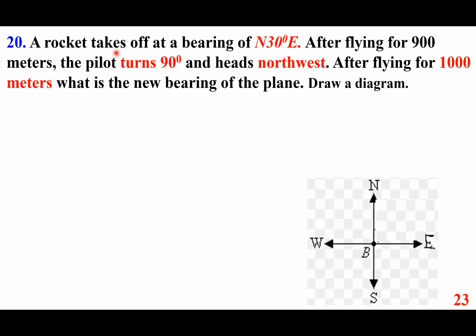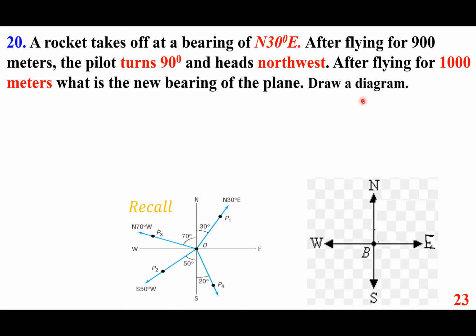A rocket takes off at a bearing of N30E after flying for 900 meters. The pilot turns 90 degrees and heads towards northwest. After flying for 1,000 meters, what is the new bearing of the plane? Draw a diagram. Excellent. So reminding everybody of the bearing, basically we